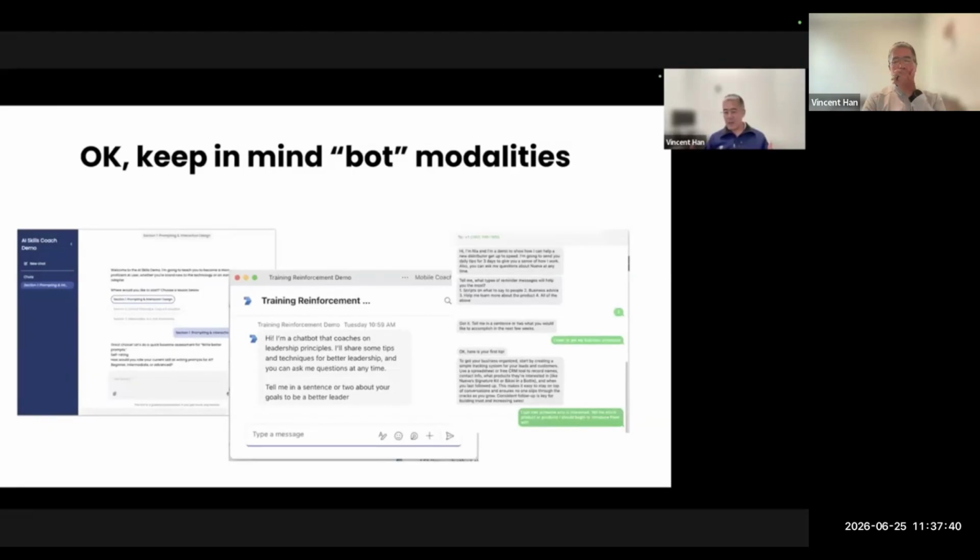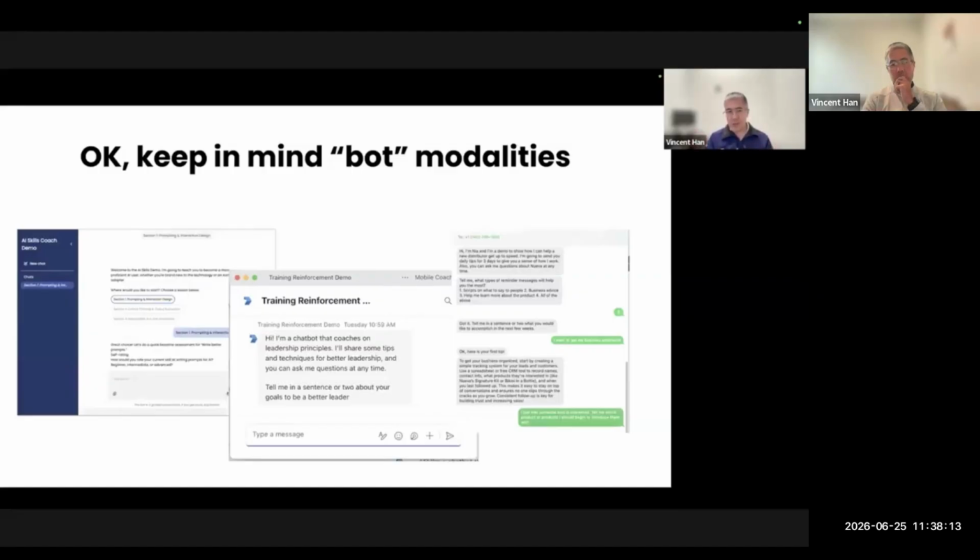And we're going to walk through how an AI bot can solve a lot of these normalized barriers. The first thing, before we go into that, I want to point out that there are different bot modalities. Now, when I say bot, oftentimes people will think about Claude or Gemini or Copilot, some sort of web-based AI chatbot that's passive. It's going to be waiting for you to ask it a question or engage with it. And I just want to remind you that there are different modalities.